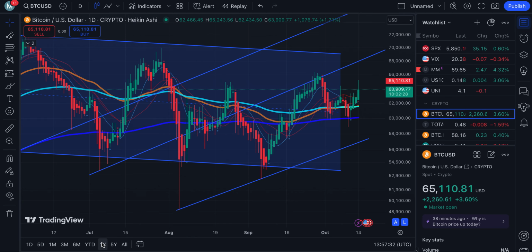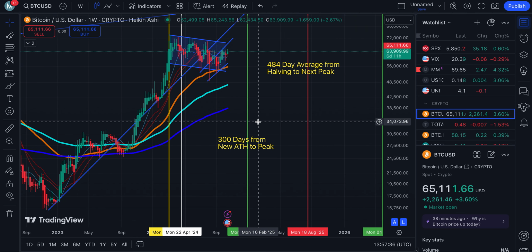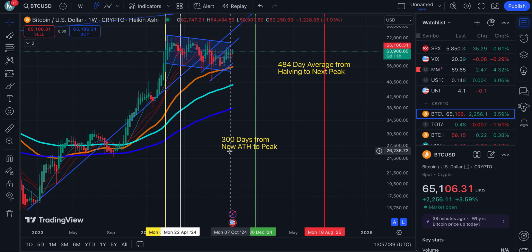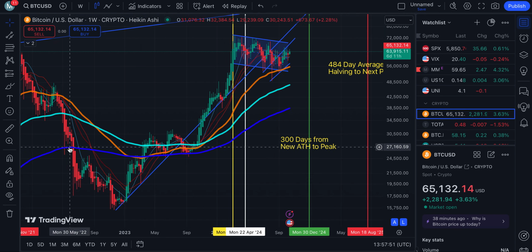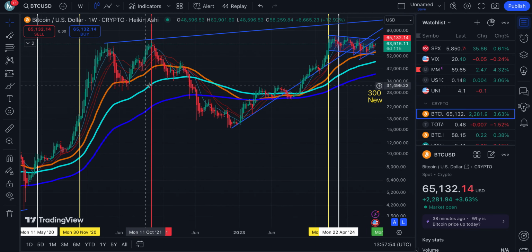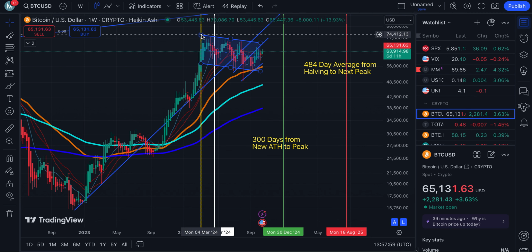As I've shown y'all in the past before, we've put in the data and shown that when you go from the newest break of the former all-time high, this average right here and this vertical yellow line, it's an average of about 300 days from a break of the former all-time high to the eventual next cycle peak. So this is after the peaks of the previous cycle have already happened, after there's already been a bottom. Once the former all-time high has been broken, again, that yellow line, how many days there is from there to the eventual peak. You can see it says around 300, puts us later this year.